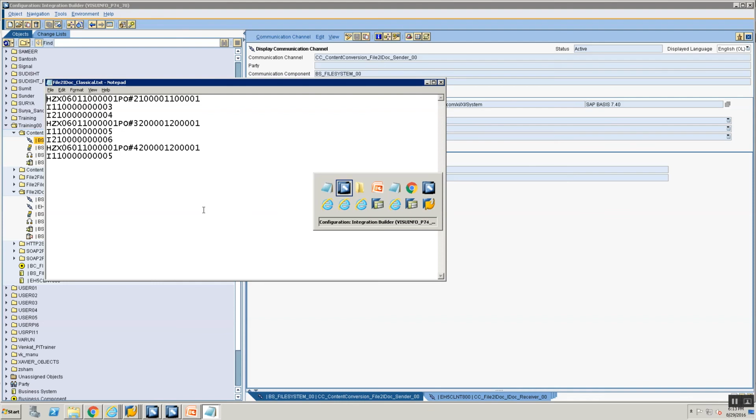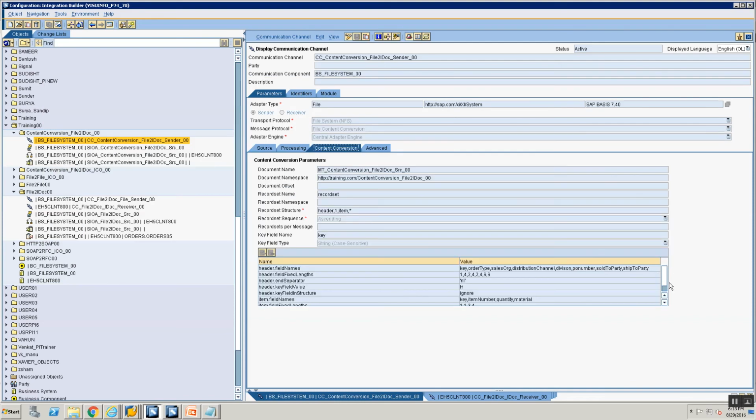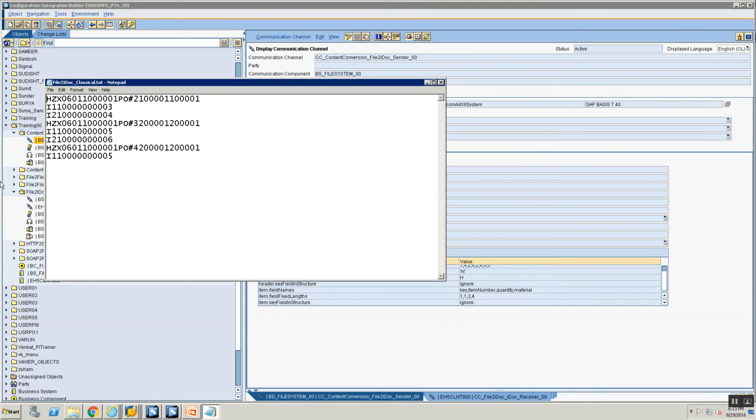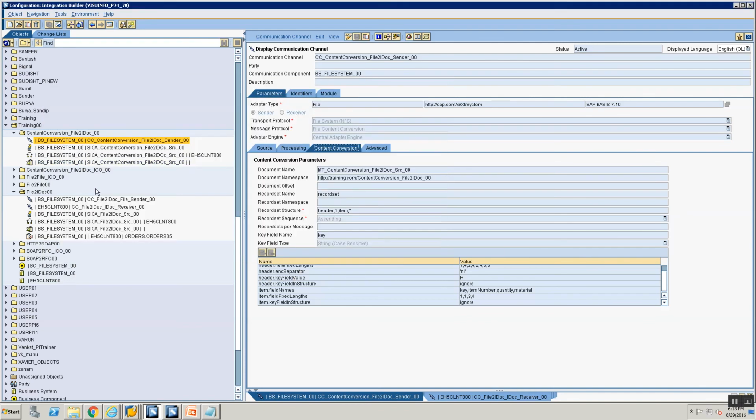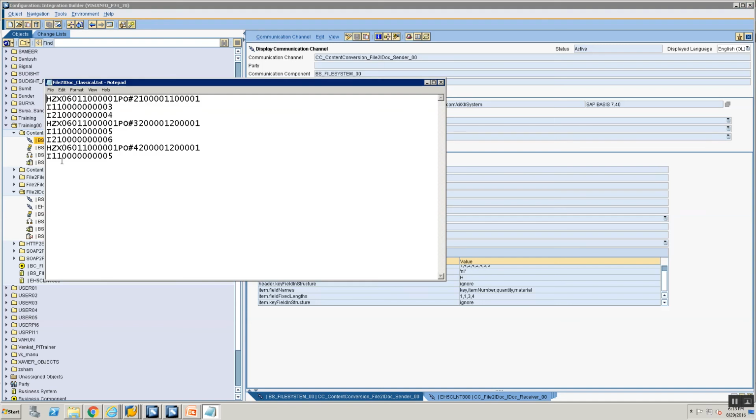One another thing, if you remember, we had agreed that we'll reduce the length of our material number. So I'm going to go in here. My material number is first a key field, then you have the item number, and you have the quantity, which is 3 characters long, and so from the 4th number. So 1, 2, 3, 4. So this is my item number. Okay. Sorry, I1 is the item number, and then 3 is the quantity.